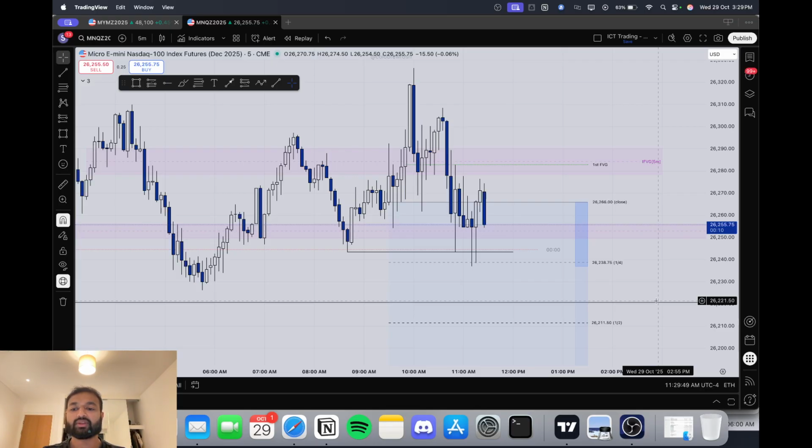So here are all the levels I marked that I'm watching. And then as I went through the day, I just waited. I don't really like the 15-minute here. This is the liquidity sweep I took a photo of. On the 1 minute at 10 a.m., we took this high. Let's see if we get an inversion. And that's exactly what we got. I took the trade as soon as we inversed. I didn't even wait for the retrace because I had such a large stop loss.